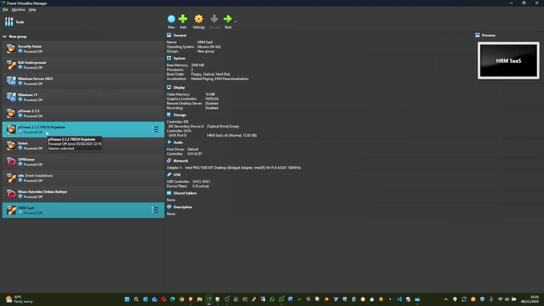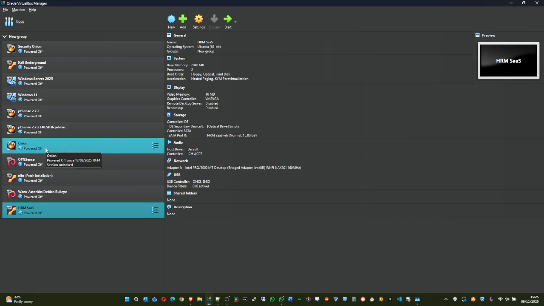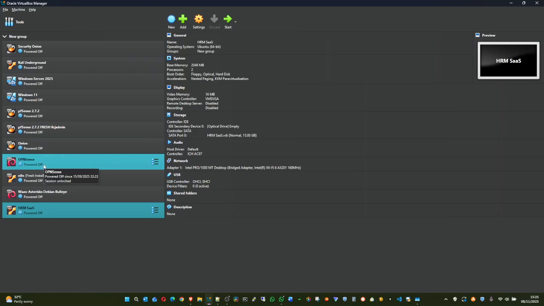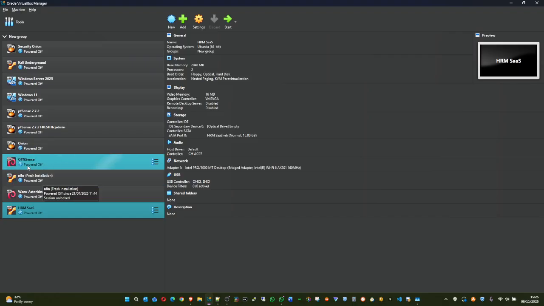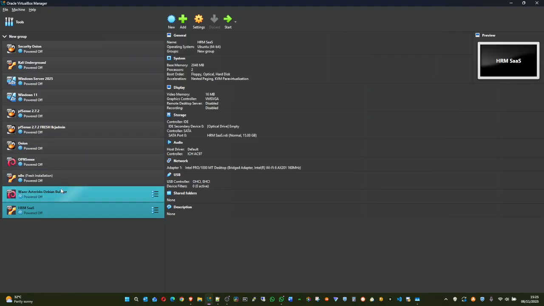I have another pfSense, which is also a firewall. I have a Security Onion as well here. I have an OPNsense, which is a firewall. n8n for AI automation and process flow. I have Wazuh, Asterisk, which is for a call center voice solution. And I also have an HRM stack, which is for a human resource application, a web server right here. Everything running inside this computer alone.